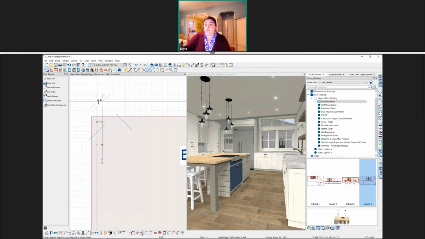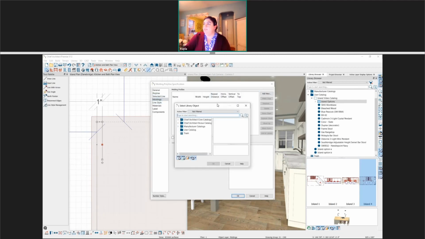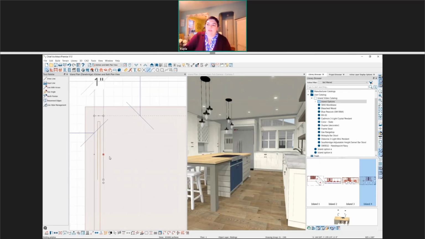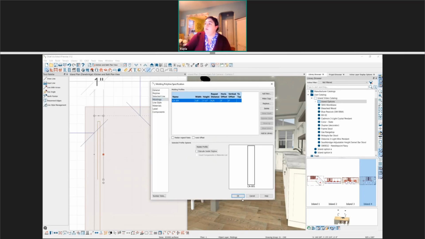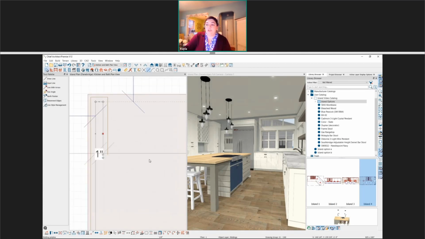But then when you convert this over to a molding, we'll just choose a basic molding to add this to so we can take a look at it. It'll wrap around every line that you've drawn, and this is a good example of needing to extrude outside of the polyline. So every line that you've drawn, it's going to go ahead and add a molding to.